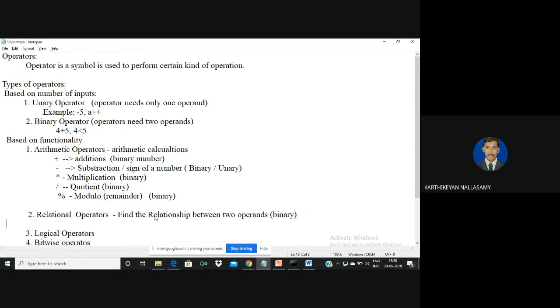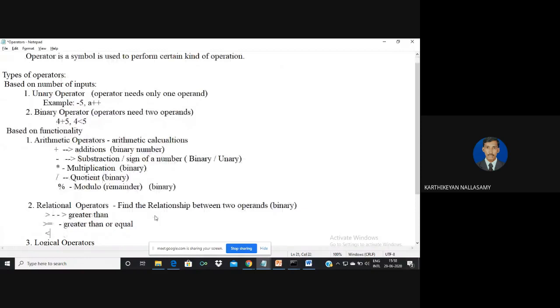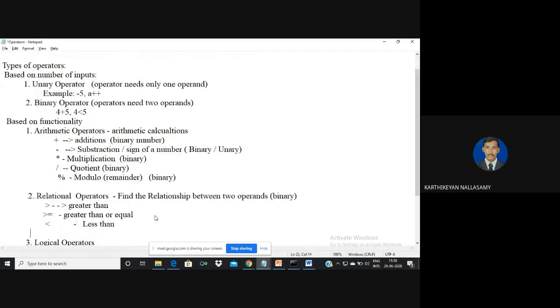So the relational operators are greater than, greater than or equal, third one is less than, next one is less than or equal.